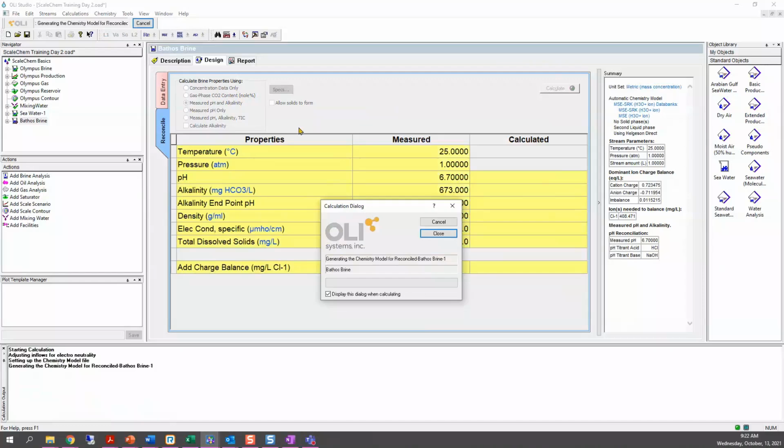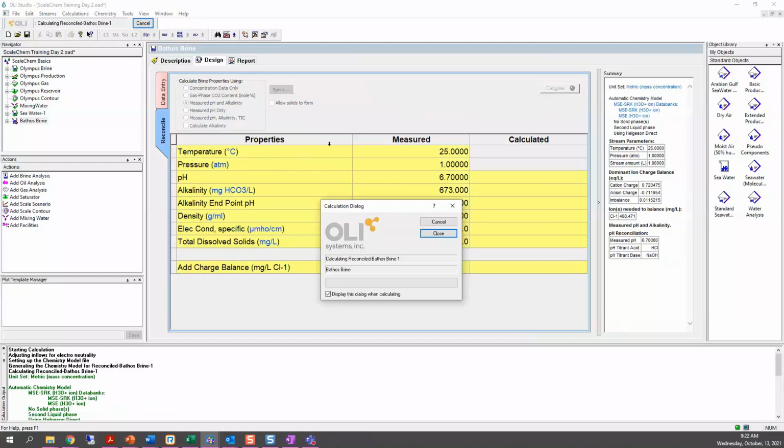Now, the question that we should ask ourselves here is, what will the software do now? How much of the acid or sodium hydroxide will it add to match the pH?